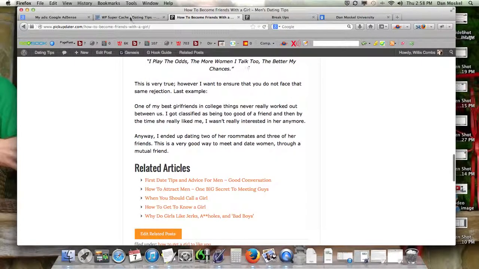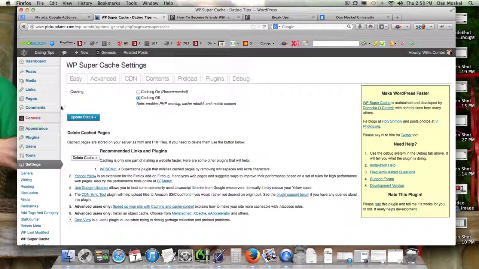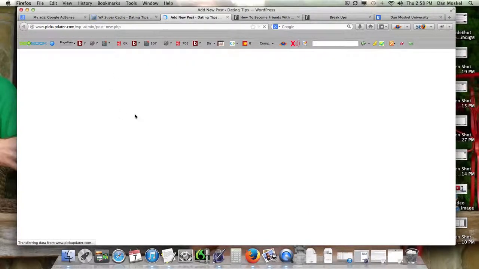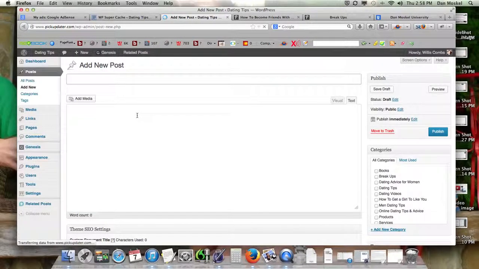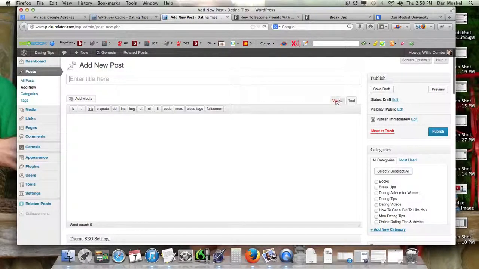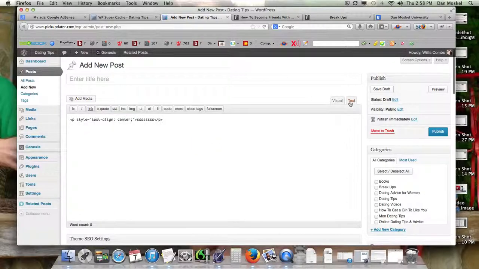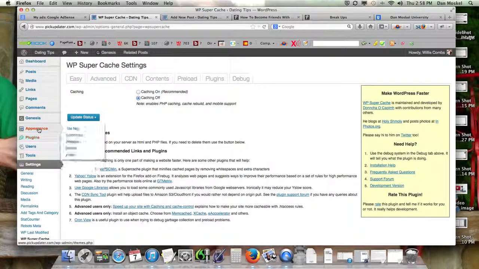Let me just go ahead and do that real quick. What I like to do is go in and just pretend like I'm making a new post to get the centering code. If you're not familiar with that, just hang tight with me. So we just center it, and then we put in some letters, and all we're doing is just getting this code, this P style text align, and so on. So we're going to cut that, and we're going to go back over here to our simple hooks area,